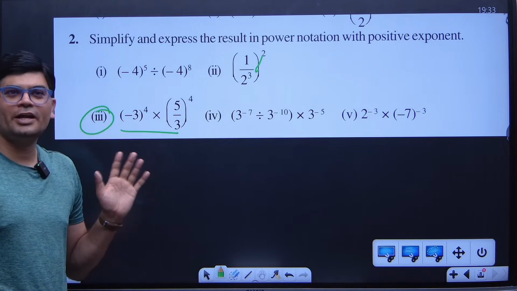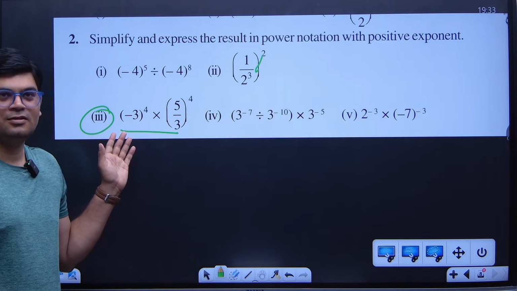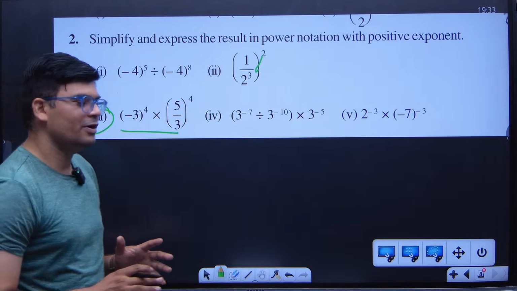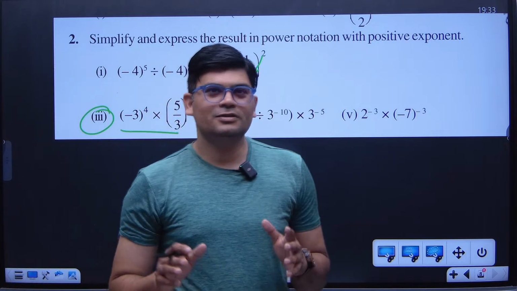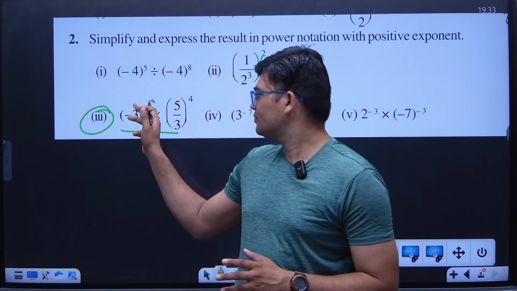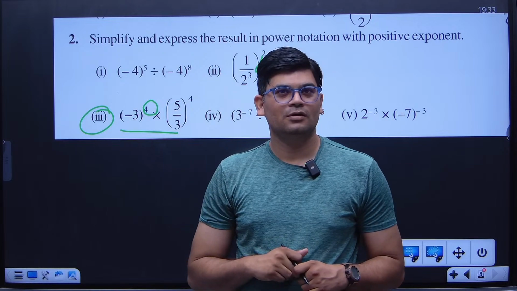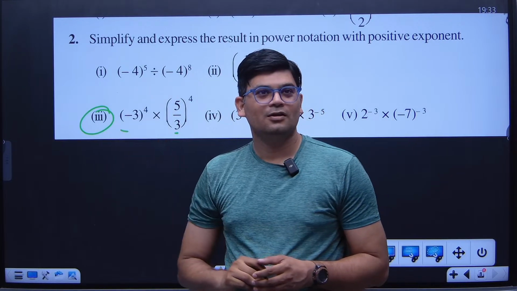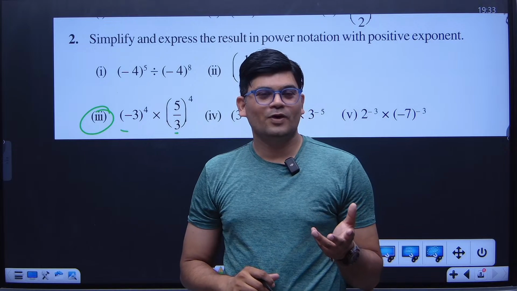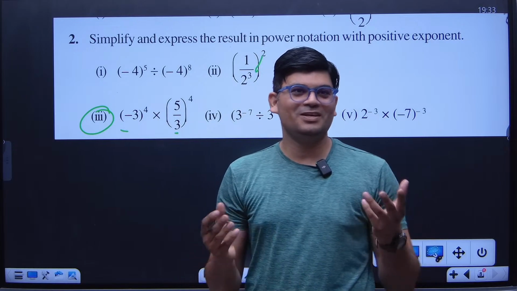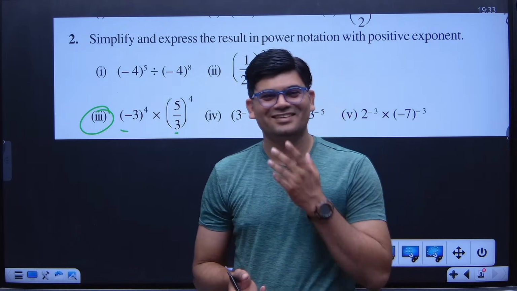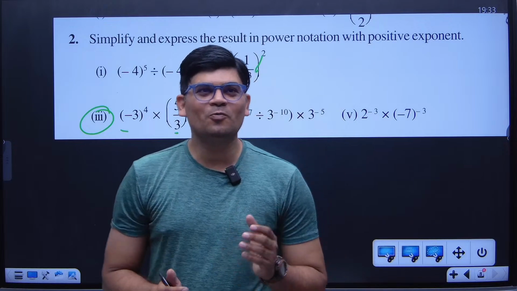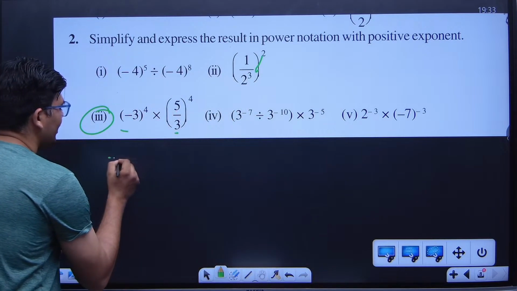Why 1 by 3, my dear? The power is not negative, the number is negative. Why are you saying minus 1 by 3? First of all, you have to understand, is the power negative? No. Then why are you making the reciprocal? It should be minus 3 only. The first and foremost thing that you have to do is take the minus out.